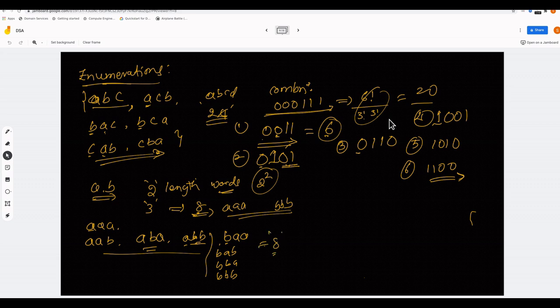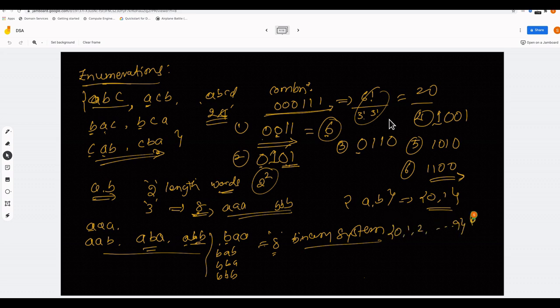So this is the binary system. If you replace A and B with zeros and ones, that is your binary number system. Similarly, if you have 10 symbols, let's say 0, 1, 2, 3, and so on up to 9, this way you will get your decimal system. The decimal system also follows the enumeration order exactly, because